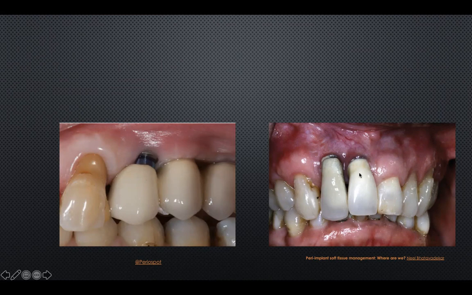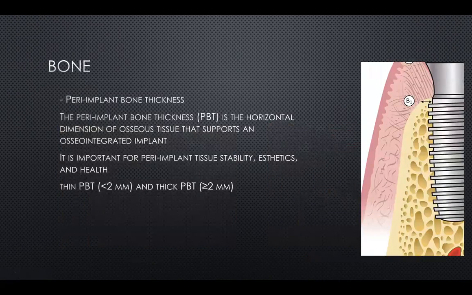Here also we have a combination of factors where there was lack of bone and the implants were placed too facially, and the mucosa is thin, and there is almost no keratinized tissue as well. And we want to avoid these situations as much as we can. So what is the other component of the peri-implant